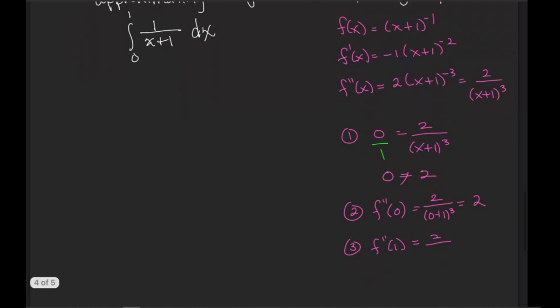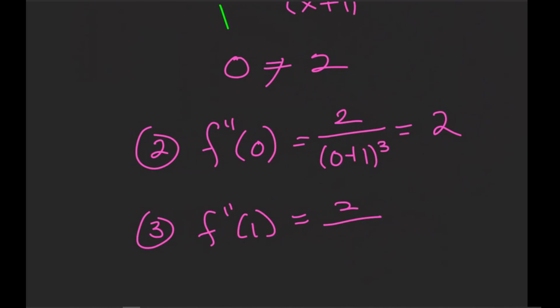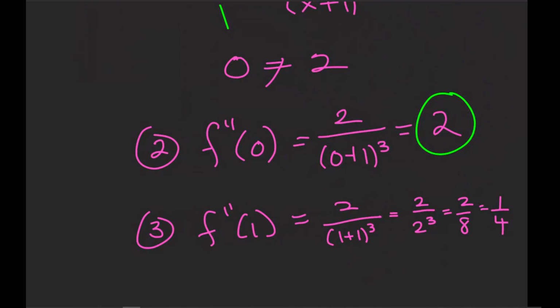So I've got 2 over (1 plus 1) cubed, which would be 2 over 2 cubed, which would be 2/8 or 1/4. First one we didn't need to deal with. So out of the value 2 and the value 1/4, which one's the maximum? 2. So we're going to use 2